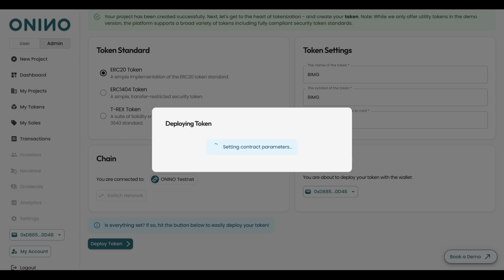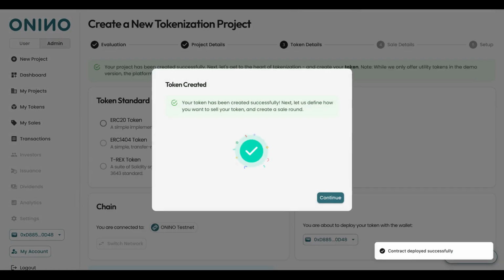It's generating a token contract now. It's initiating the transaction. It's bringing everything on chain. It's wiring up everything with our project we have just created and is preparing the next steps. And we don't have to do anything, basically. We can just wait, and the tokenization platform is doing everything for us in the background. Wonderful. Now our token is created. You see, it took us like 1 minute to create our own token, the heart of tokenization. Perfect. So let's move on to the next step,